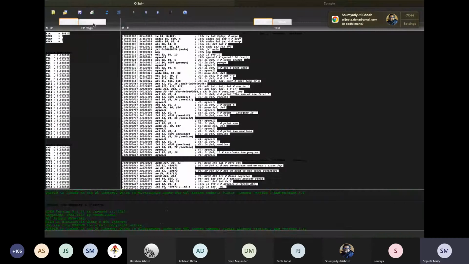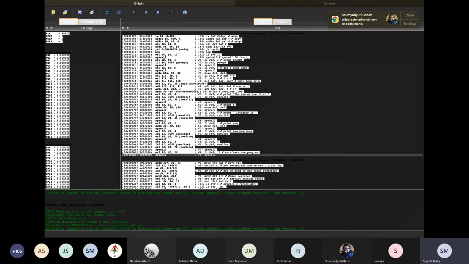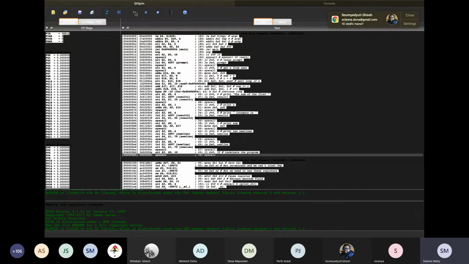When you reload this program in the QtSPIM, you first play it or execute it, and it will come in the console on the right side. It will ask for an input, so a 5, and it will display the result. So this is how we execute our MIPS program here. You go to reinitialize and load file, load that particular file. Whatever you need to edit in the file, do it in a text file and save it as a .s file. You need to load and then run it.